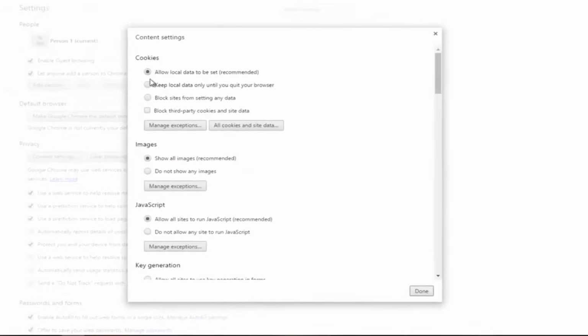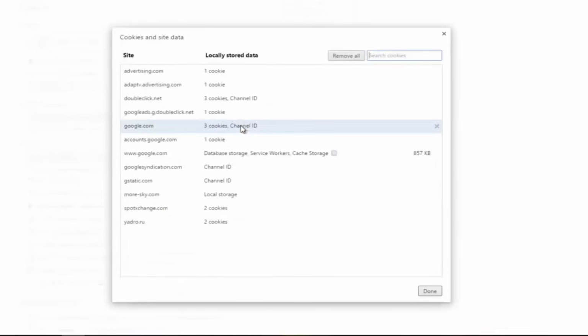So underneath cookies, or the first area that comes up underneath content settings, you want to left click on all cookies and site data right here. So for whichever site you're having the problem with, you want to delete them. So for example, if we had a problem with gstatic.com, without even having to search it, we can see it's